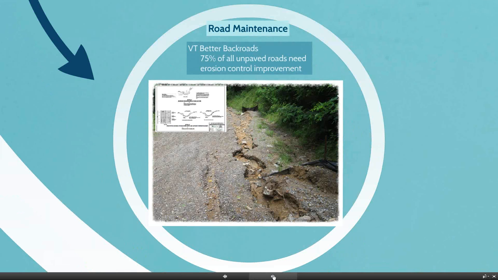You don't really have to look far to find significant erosion, and it's not always a problem of the town's not doing the maintenance. It's just the sheer scale of the network and the comparatively small amount of resources that are allocated to maintaining the road network. So we have to be really targeted in the approach,